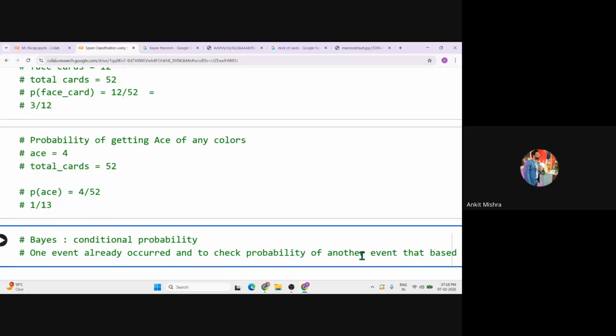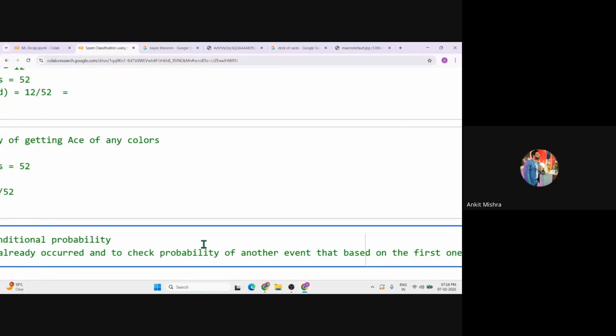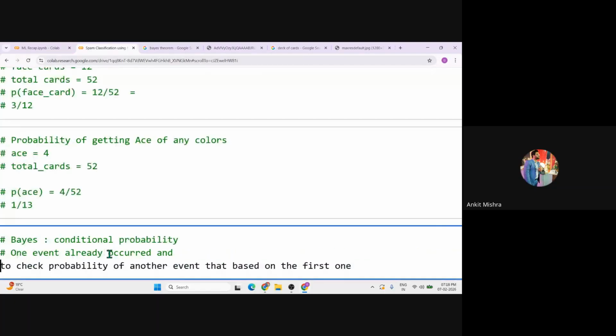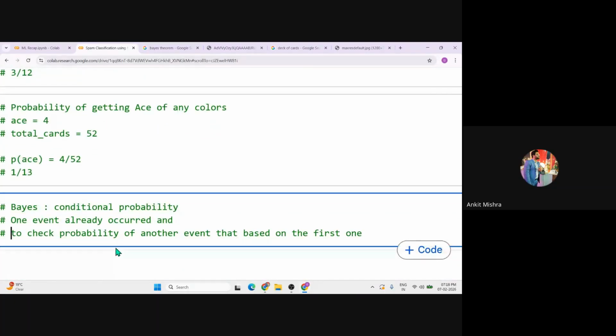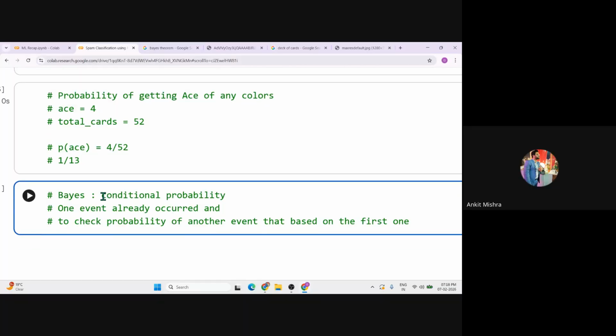This is called conditional probability, where the first event has already occurred, and you check the probability of the second event, which is generally based on the first one. It's probability based on some conditions, which makes it conditional probability.